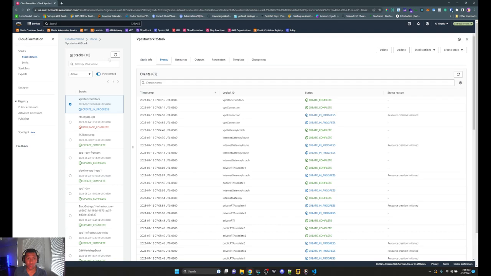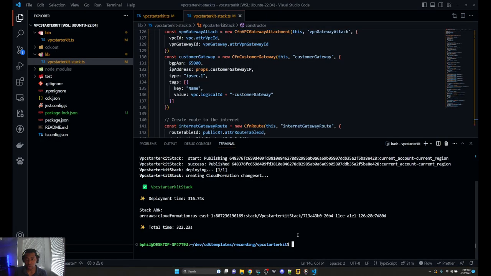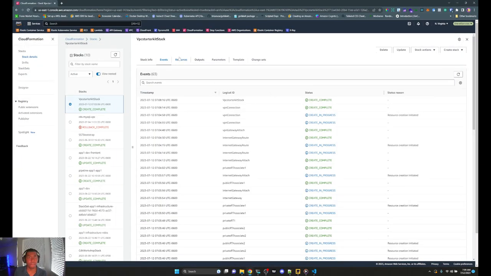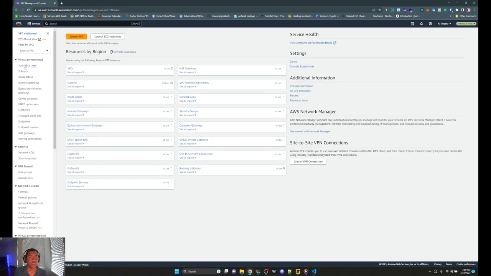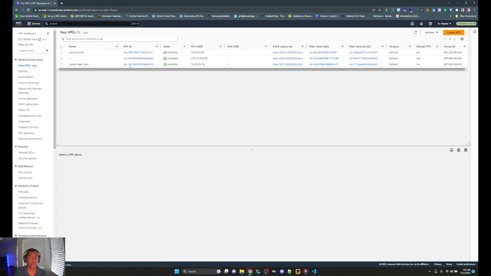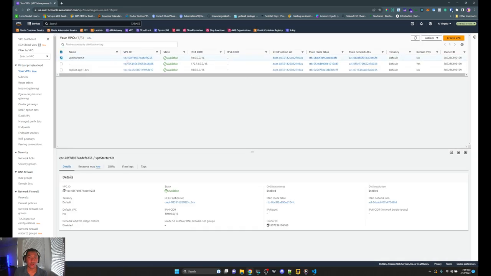So it looks like our entire stack is complete. Great. If we go here into our code, it took 322 seconds, right? So that's roughly 5 minutes and some change to deploy that. And we can go into our VPC. We can inspect everything that we just created. So let's go to your VPCs. We see here VPC starter kit, beautiful,